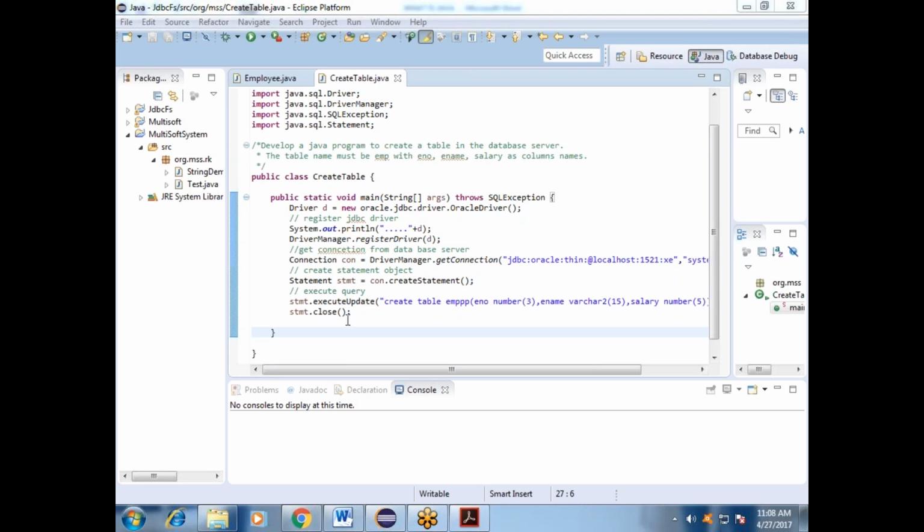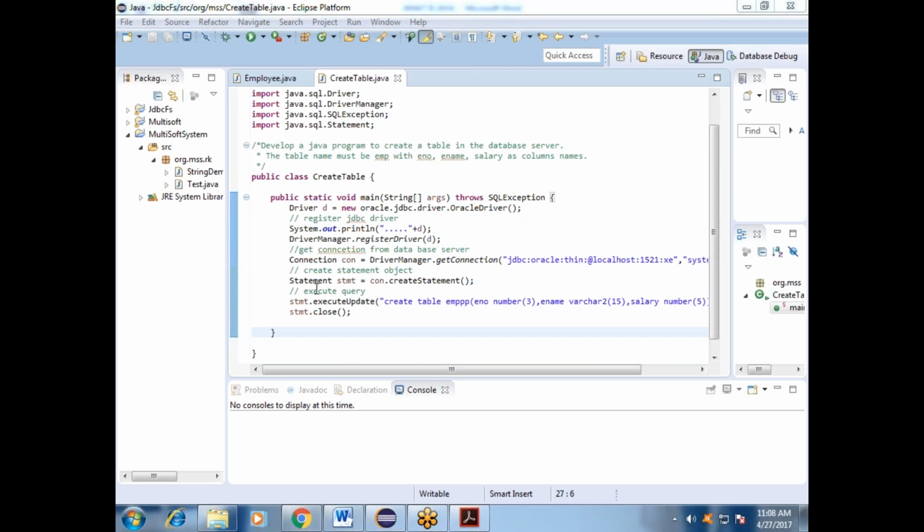Whenever you have a select query, you use the select query method. Right now we are using executeUpdate, for create, update, insert, delete and drop. When we use this kind of statement, you use executeUpdate.